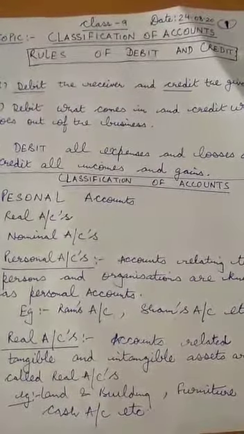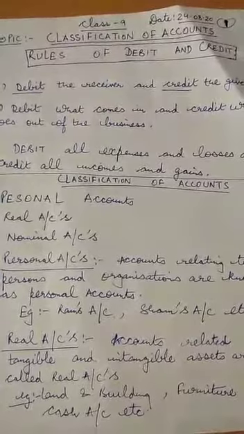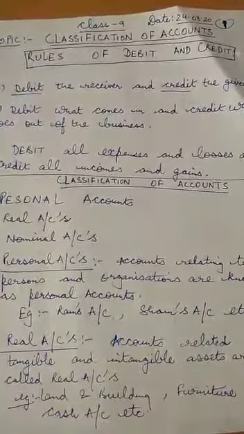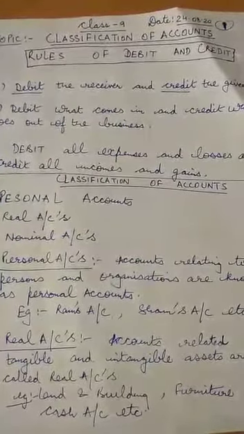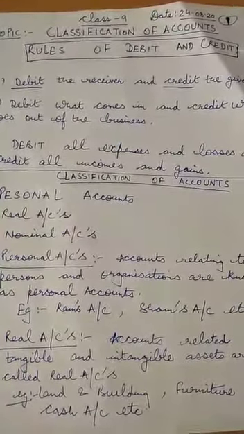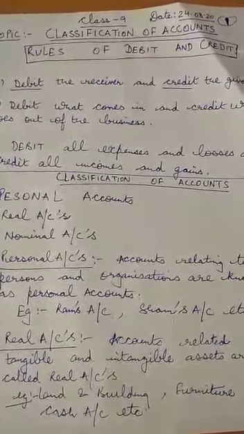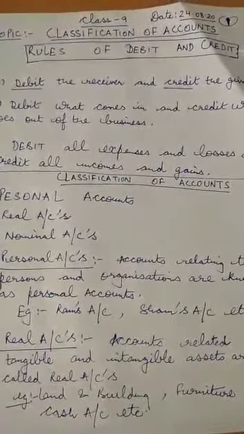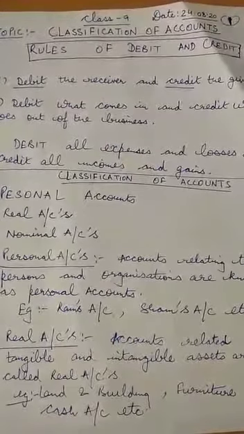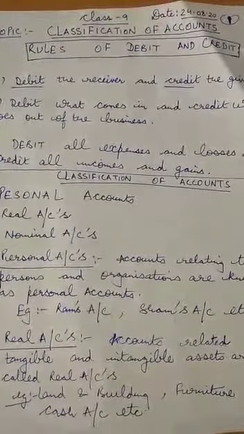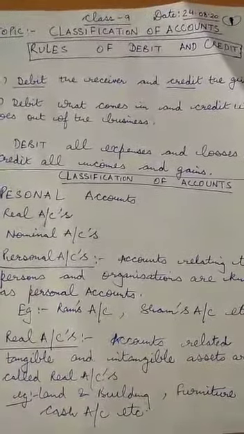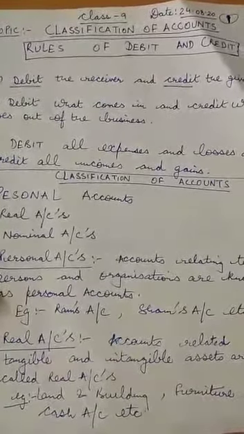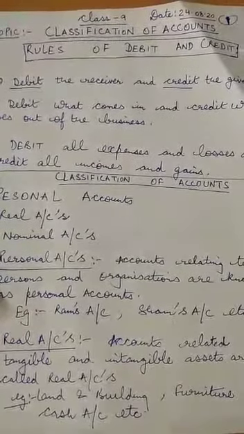The rule of nominal account also says that debit all the expenses. Another example let us take, that is a firm receives interest on the bank deposits. So the firm has deposited a certain amount in the bank and it is receiving certain interest on it. So it is an income for the firm, isn't it? So children, we will credit it because coming again to the rule of nominal account, it says that credit all the incomes.